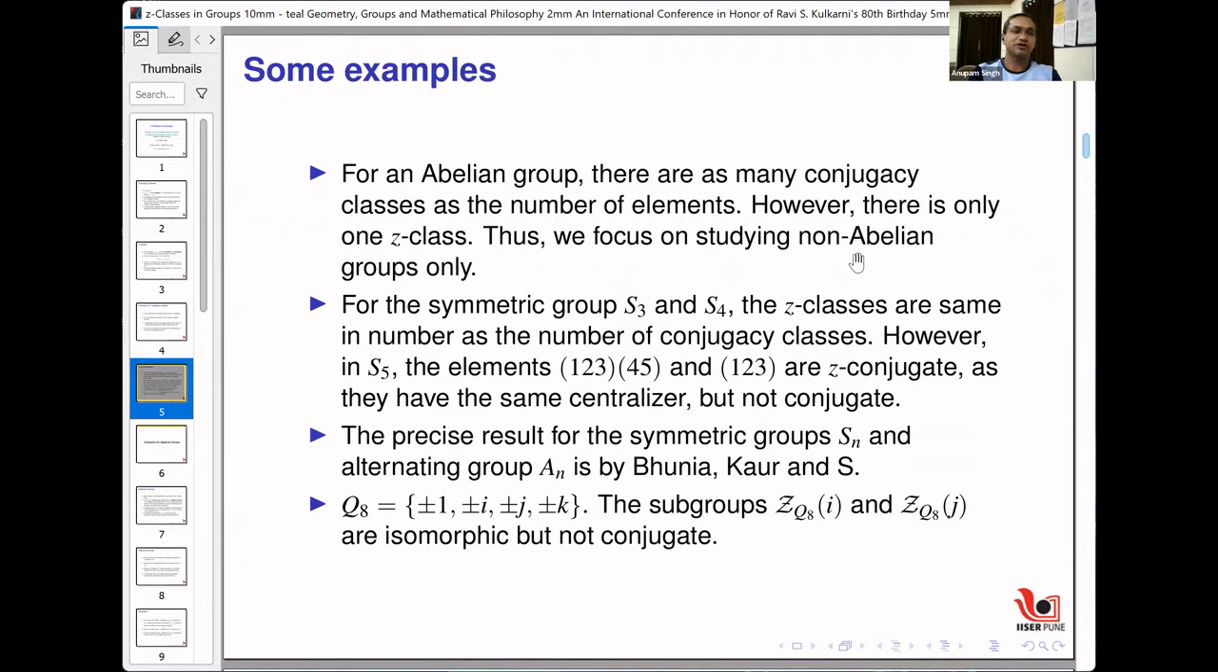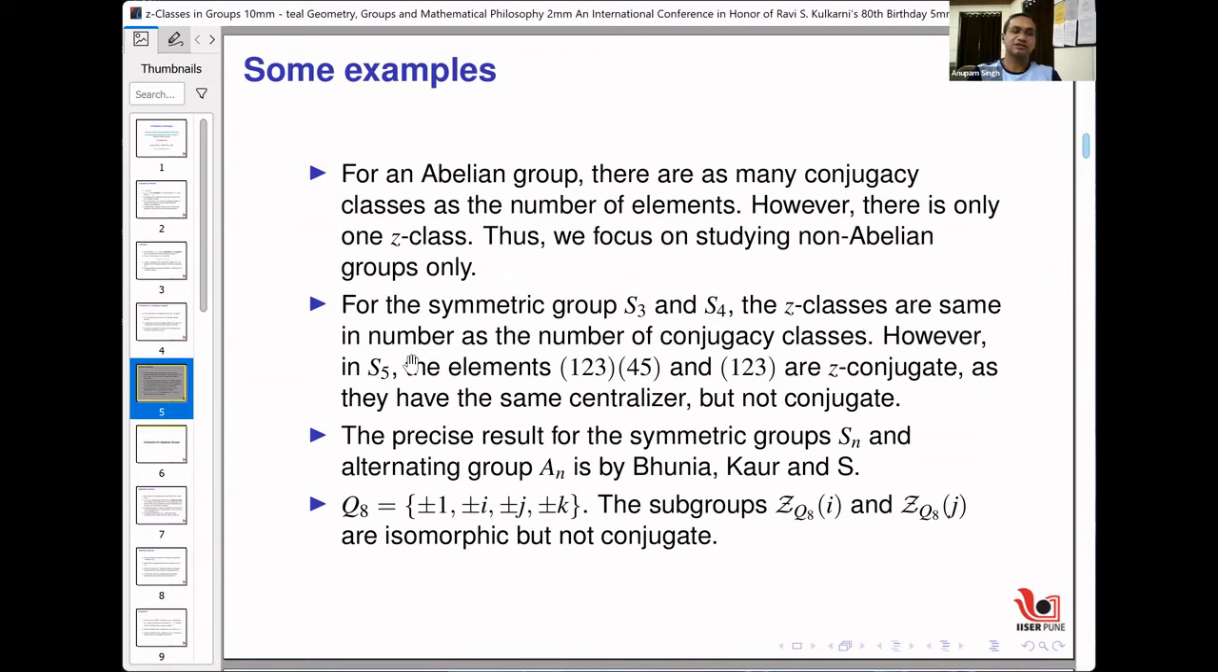Thus, we focus on studying non-abelian groups. So now, whatever I talk about, usually I will assume non-abelian groups. If I look at very easy examples like the symmetric groups S3 and S4, one can try to compute this easily, and you will see that in these two cases, the G-classes turn out to be the same as